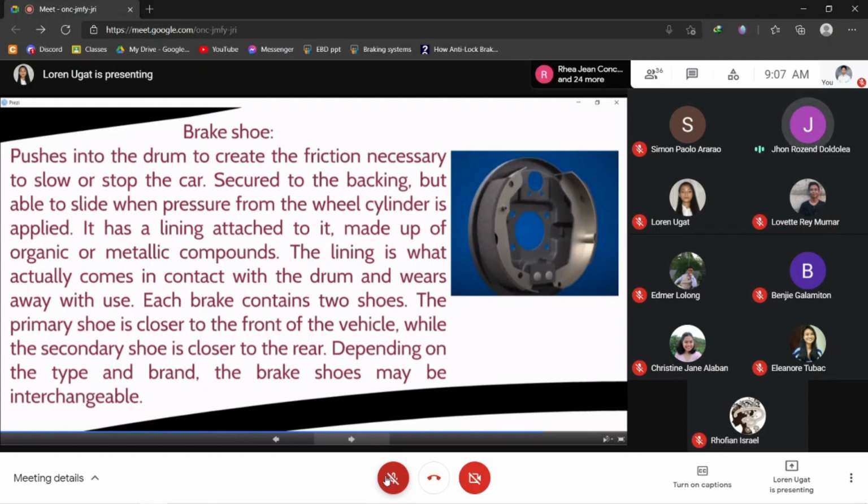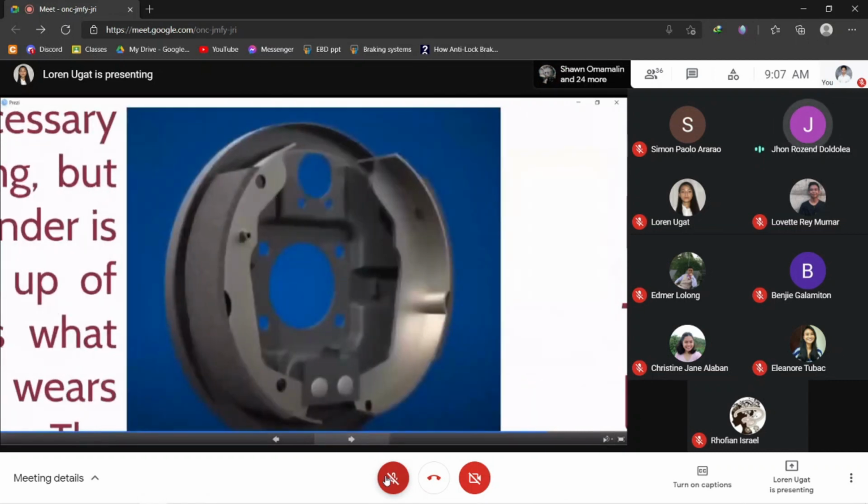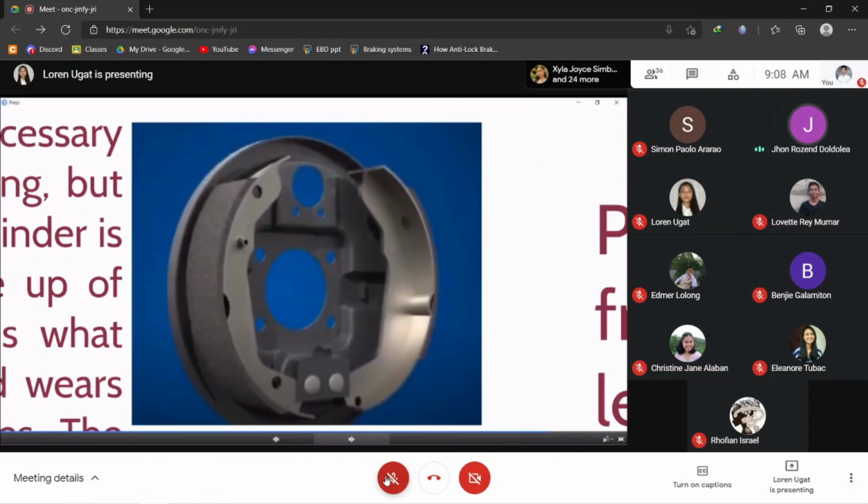Each brake contains two shoes. The primary shoe is closer to the front of the vehicle while the secondary shoe is closer to the rear. Depending on the type and brand, the brake shoes may be interchangeable. Makuha na siya, guys, kung ma-repair o maguba, pwede siya makuha or mabutang lain. So next,